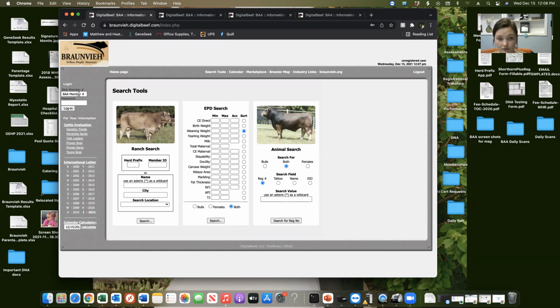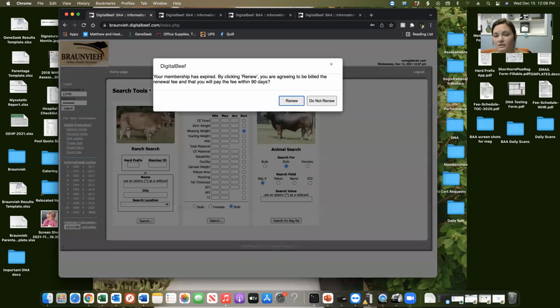So here, we're going to go ahead and log in. So just put your credentials in. Right off the bat, you'll see that there's a pop-up that might be new to some of you. This is just letting you know that your membership needs to be renewed for the year. So if you go ahead and click renew,